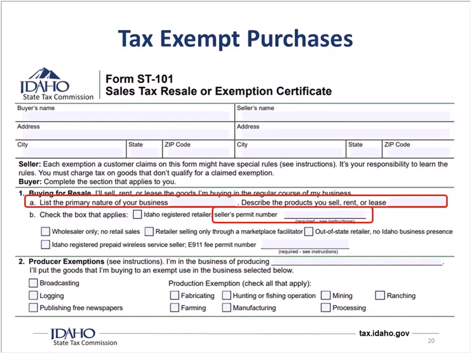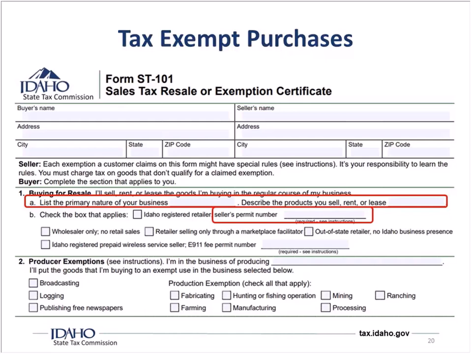So as far as being the vendor, if you get these, a great way to do it is to assign them a number or use their phone number or something so you can pull them up. But I would take the invoices, the receipts that you've used, make a copy and attach it to this so you have something to back it up in case somebody comes asking. You don't send this to anybody, but you will need to keep track of the sales that you had that were non-taxable.